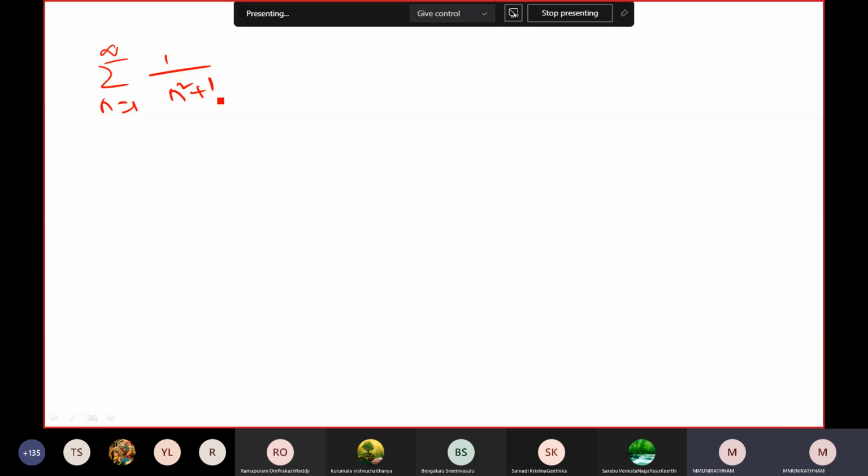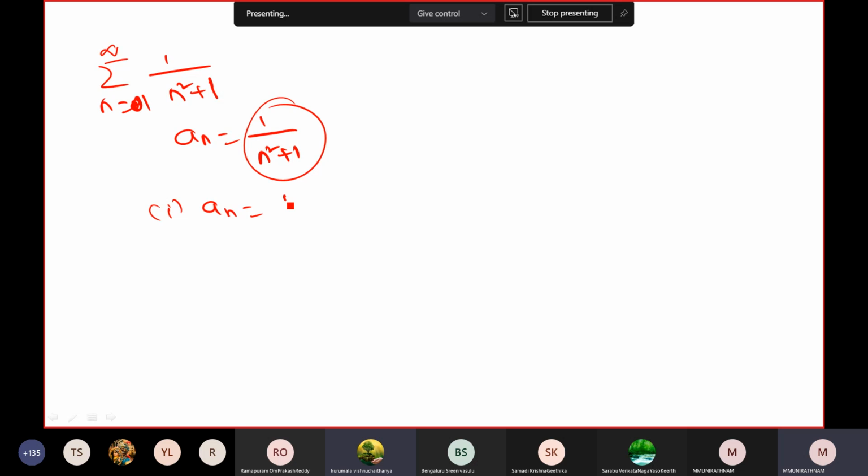Here, what is my an? 1 by n square plus 1. ఓకేనా? సో n square plus 1 పాజిటివ్ కాదా? Of course positive. You know that